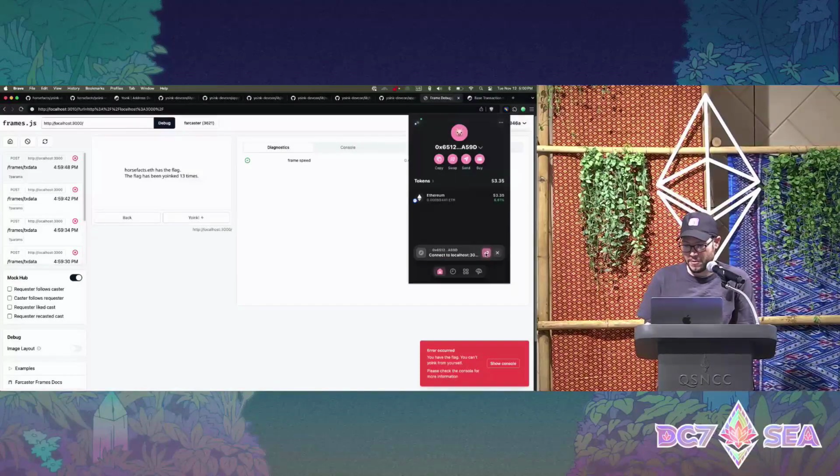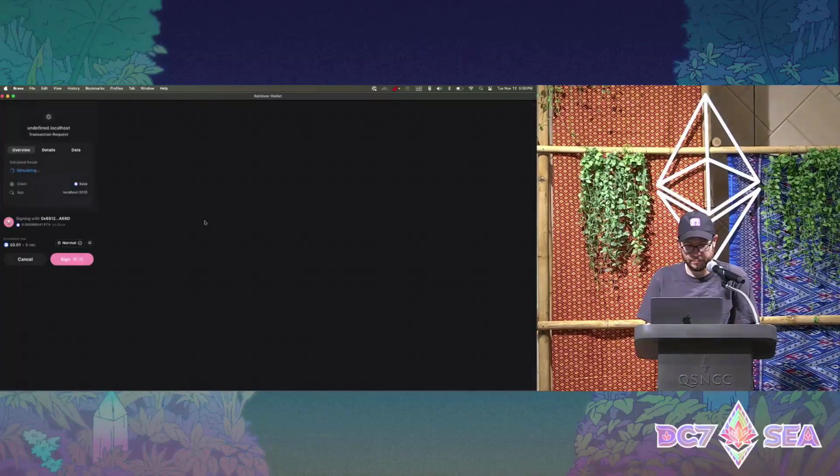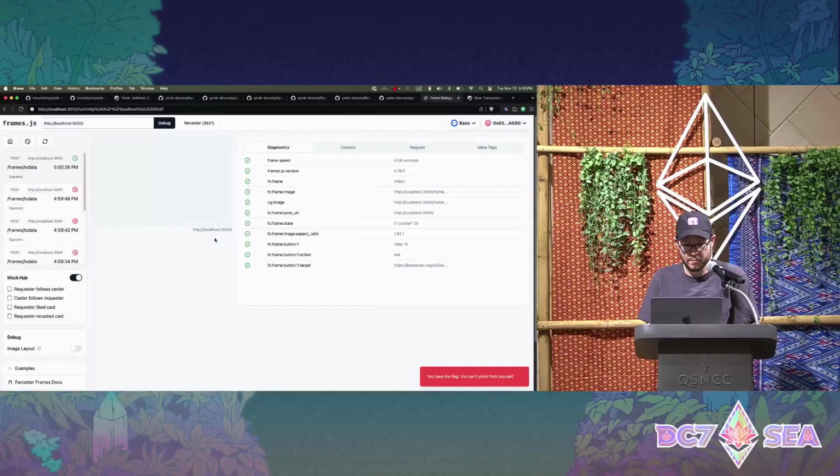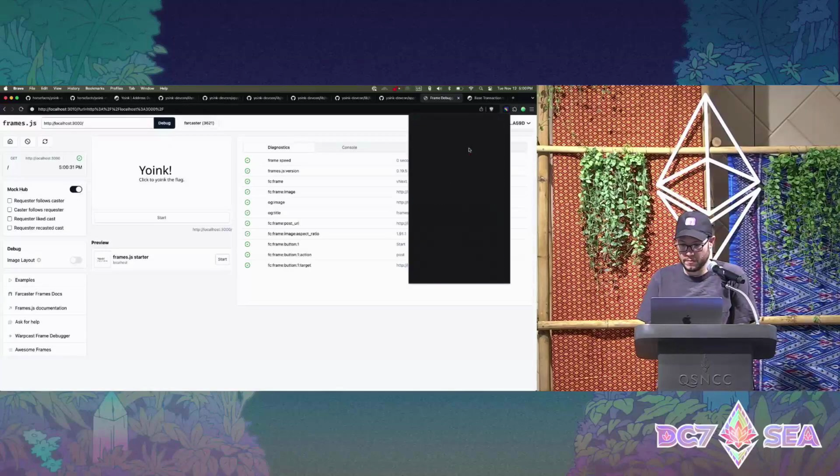And let's try out that rate limiting error as well. So I'll change addresses. Let's change back.